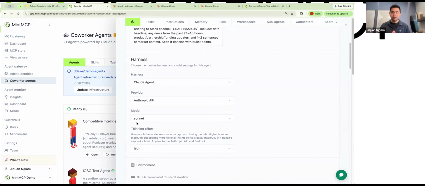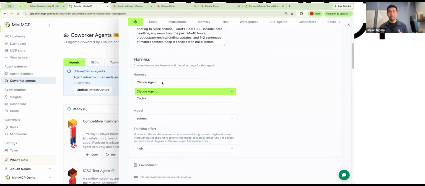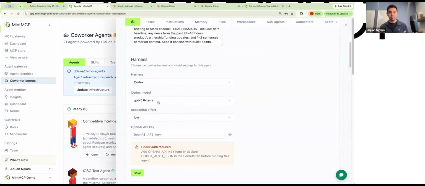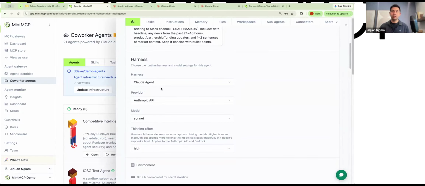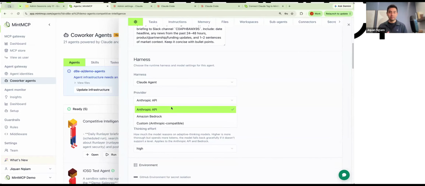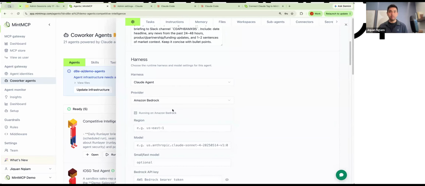Now over here, I think Shafiq had a question about harnesses. So I wanted to show you this too. In a different runtime harness, we do support multiple harnesses right now. There's the Claude Agent harness that we support, and there's also the Codex harness that you can use. We have been finding that the Codex harness has been pretty good in many different tasks. On top of that, not only do you have your choice of harnesses here, which we will be adding more of, we also have your choice of provider right now. If you like to use the Anthropic API, that's available by default. Many customers are also on Bedrock, and that's available.